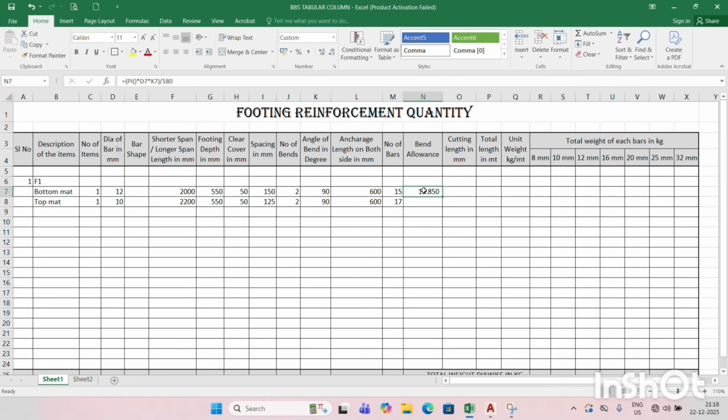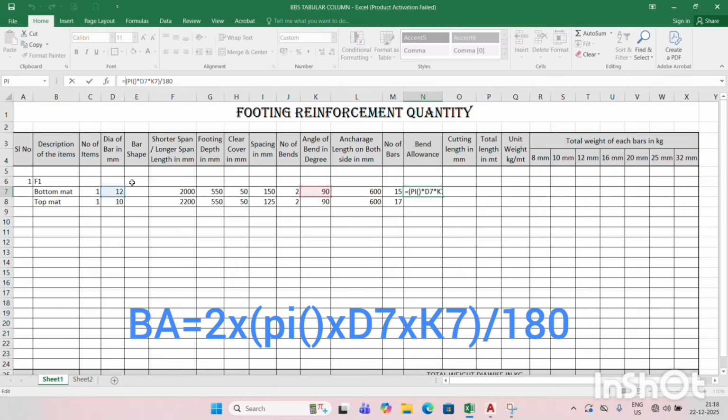So here, how many bends are there? 2 bends are there. That's why you have to put 2 as the number of bends. You have to take this number of bends. How much is there? 2. This 2 multiplied by this is the number of bars. Then the 2 times of bend allowance